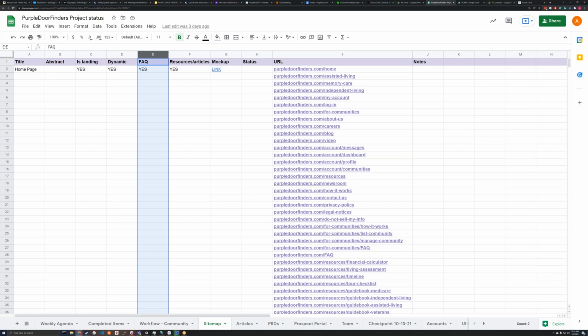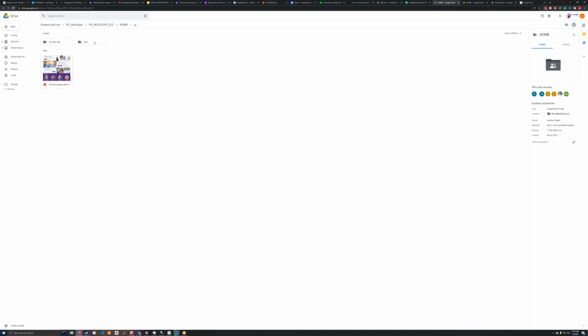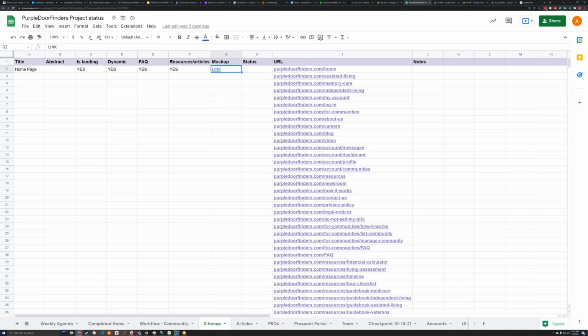And I think what these also are is we have these FAQs and resources and articles. So we would like to use the bottom and side sections, just like we have on a community, but be able to put those in other places to help fill in content. Then we're going to have a link to where the mock-up would be. We don't have to follow that, but this is in your old one, where we were hoping to find the mock-up. Status is where we are, and